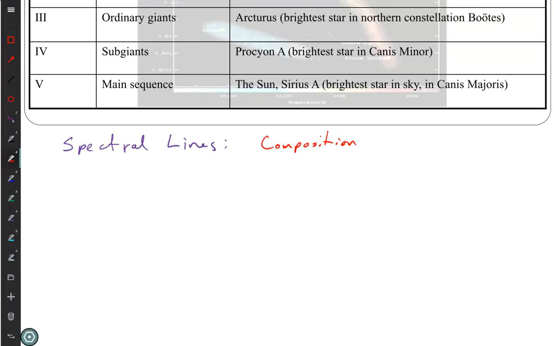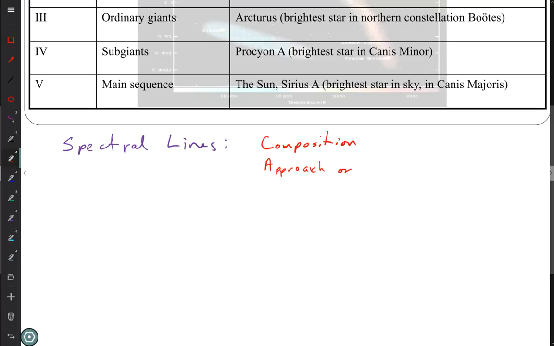What happens if something's coming toward you? The spectral lines are going to be shifted toward the blue. We have a Doppler shift if it's coming toward you. If it's going away from you, the spectral lines are going to be shifted toward the red. And so we can tell if it's approaching or moving away. We can tell the speed of approach,